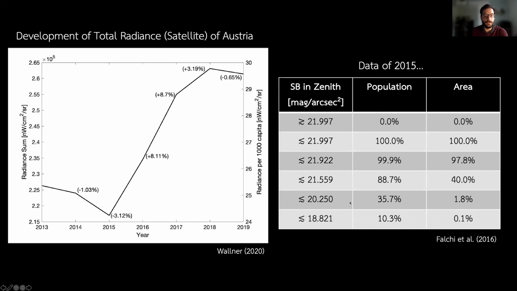Yeah. And in fact, here, this is also a number I think is very, very sad. For this classification here at 20.2 magnitudes, the Milky Way is no longer visible. And here you can see that, in fact, 1/3 of Austria's population does not see the Milky Way above their heads at nighttime. Only 2% of the area, about 1/3 of the population. Also, of course, we are talking about Vienna here, the majority of Vienna here.